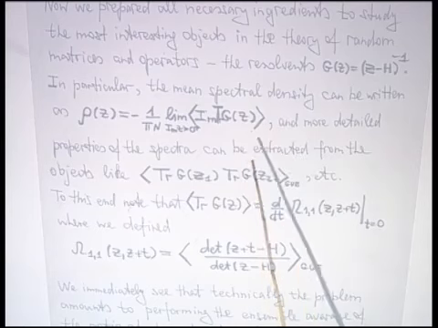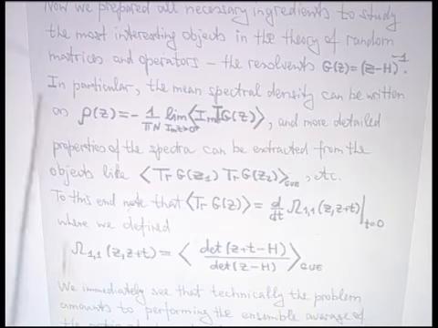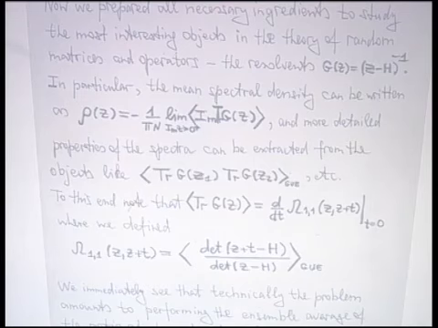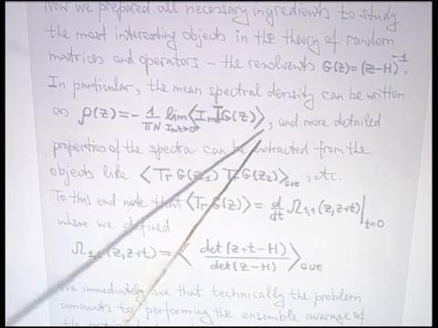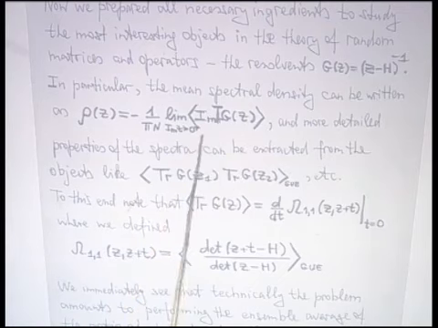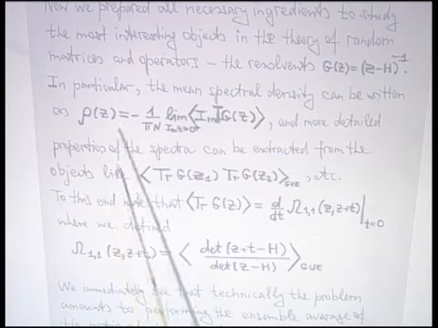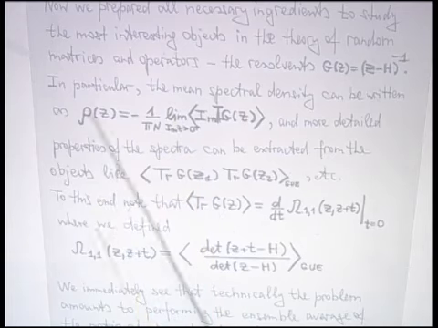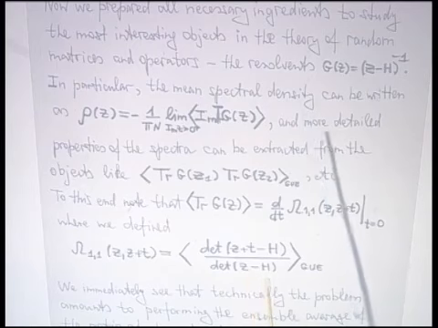In fact, it's something which I think appeared already in Leonid Pastur's lectures when he used resolution of identity and how to extract spectral density from it. So if you take the trace of the resolvent, take the imaginary part, take the limit of the imaginary part of the spectral parameter going to, I choose it to be positive,